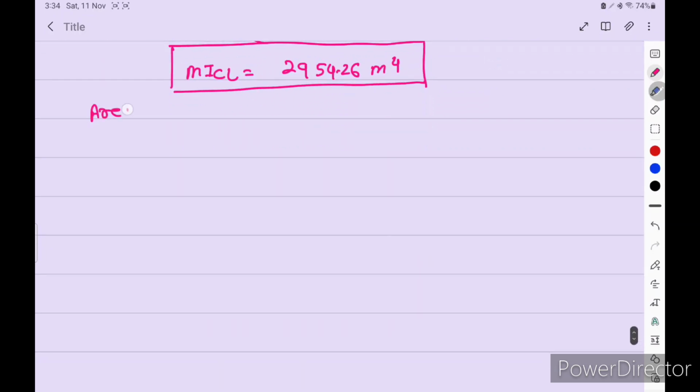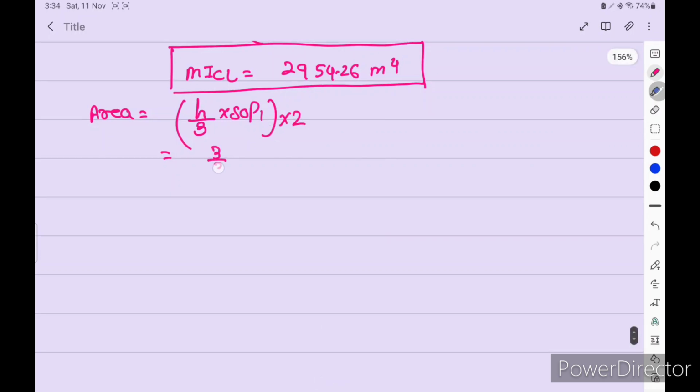Area is equal to H/3 into SOP1, into half ordinates we require full, so into 2. So 3/3 into 96.1 into 2. So area is equal to